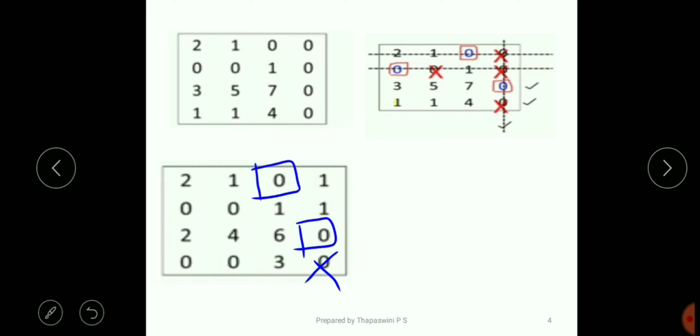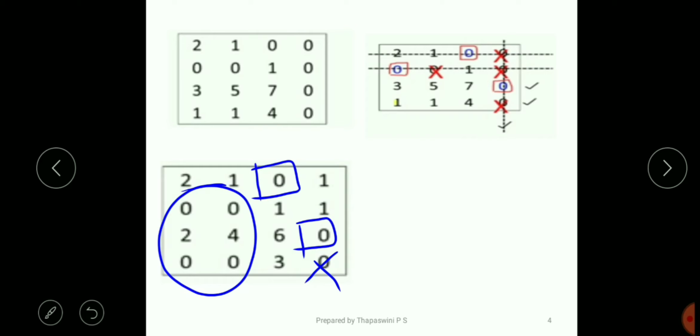Now consider the first column. The first column has two zeros, so do not make an assignment. Next consider the second column, it has two zeros, so do not make an assignment. Now consider the third column, it already has an assignment. Consider the fourth column, it already has an assignment. Now we could make only two assignments, and you can see that we cannot proceed to the ticking and line drawing procedure, because there are still some zeros hanging out